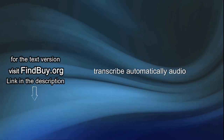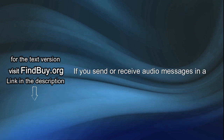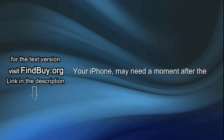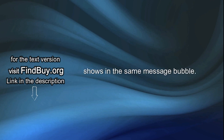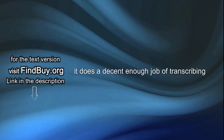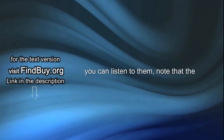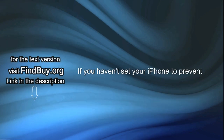5. Audio messages now transcribe automatically. Audio transcription in Messages, iOS 17. If you send or receive audio messages in a message, you should notice they automatically show transcriptions in iOS 17. Your iPhone may need a moment after the audio message appears, but the full text shows in the same message bubble. It may not always be perfectly accurate, but it does a decent enough job of transcribing and provides an easy way to read audio messages when you're not in a place where you can listen to them. Note that the transcription will still disappear along with the audio clip if you haven't set your iPhone to prevent